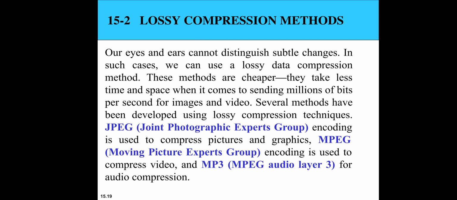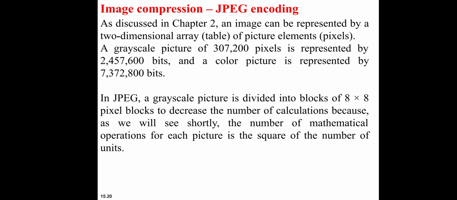So in lossy compression methods, the original information will be saved, but some of the data will be lost. For example, in JPEG, MPEG, and MP3, that is Joint Photographic Experts Group, Moving Picture Experts Group, and MPEG Audio Layer 3. So in these, some of the data will be lost. In image compression, we are using JPEG coding, meaning a grayscale picture of